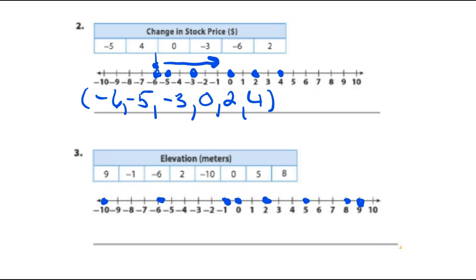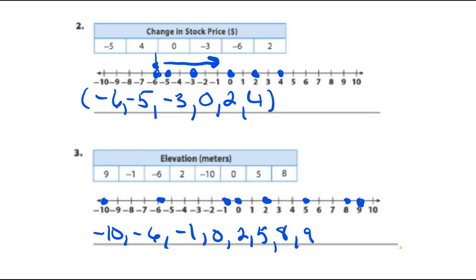If I wanted it from greatest to least, I would go from the right side to the left side. But they want it from least to greatest. So I start from the left at -10, and I work my way over all the way until I get to 9. I have -10, -6, -1, 0, 2, 5,